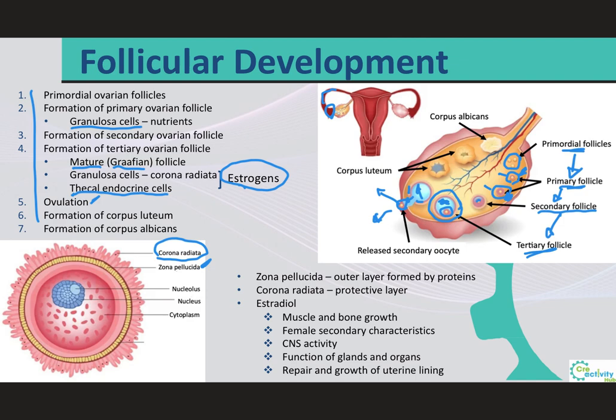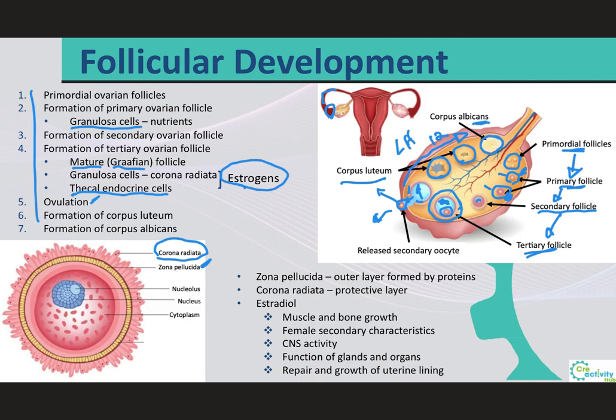Under the stimulation of luteinizing hormone, the remaining granulosa cells invade the area and proliferate to create what we call the corpus luteum. So the luteinizing hormone is what will give rise to the corpus luteum. Within 12 days after ovulation, the corpus luteum will begin to degenerate if no fertilization takes place, by invasion of fibroblasts,